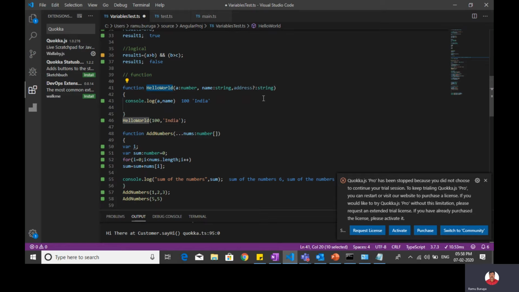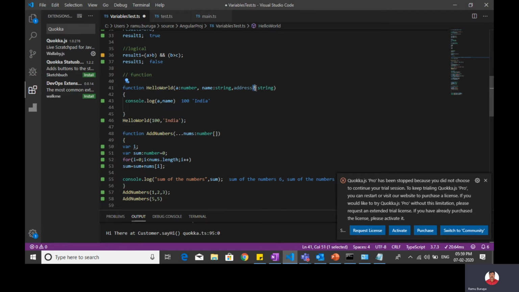In parameters also you can declare the same. Here there is no need to use the var keyword, it will automatically understand based on the type of the variable. So a is a parameter of type number, name is a variable of type string, and address is a variable of type string.